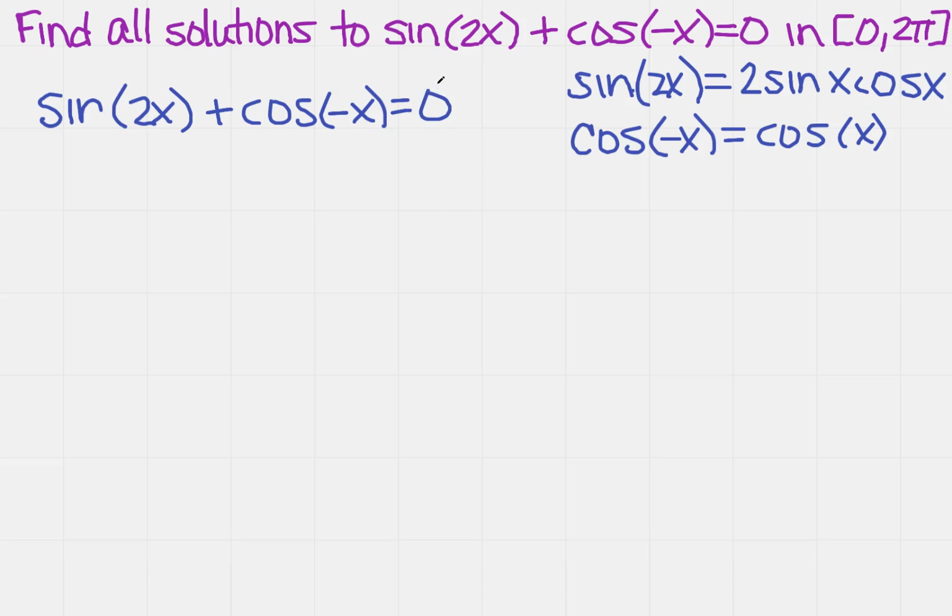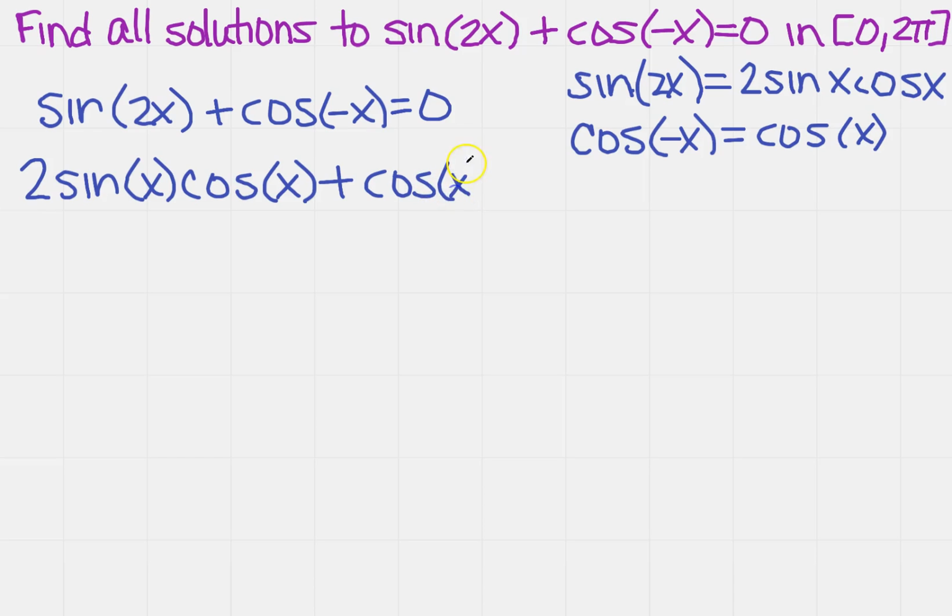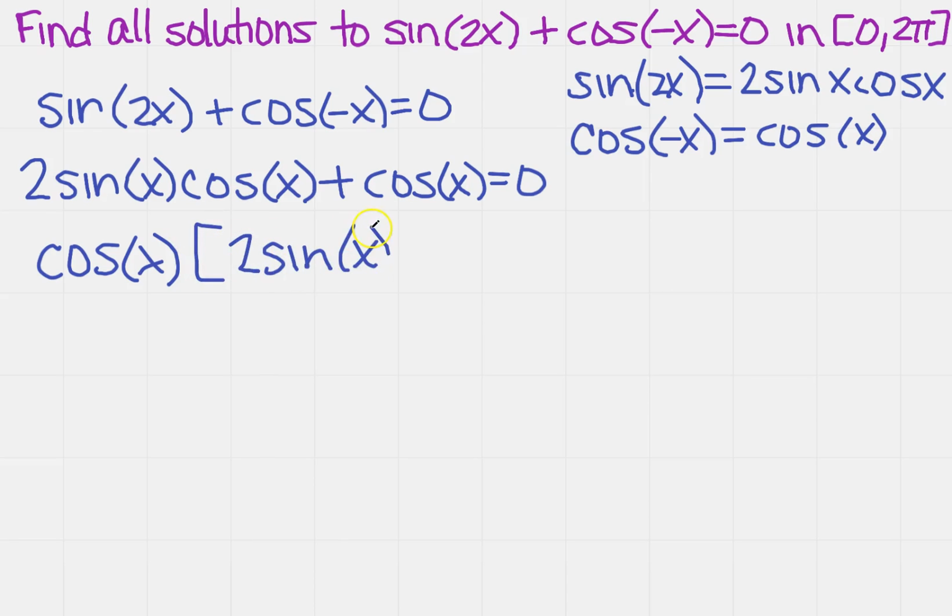Now, everything I just wrote down over there on the right, that's what I want to plug into this equation. So this is going to give me 2 sine of x times cosine of x plus the cosine of a positive x equals 0. Check that out. Now there's something they have in common. So I'm going to factor out the cosine of x, which leaves me with 2 sine of x plus 1